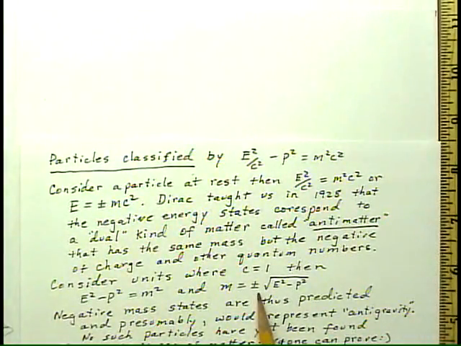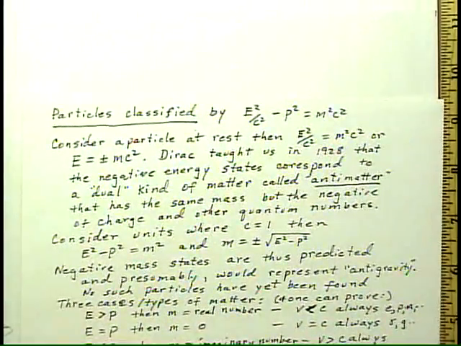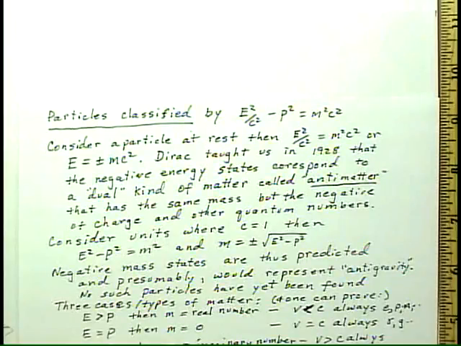Gosh, we get 2 square roots. Is it possible that there's something called negative mass? It's certainly allowed by the theory of relativity here. A negative mass is thus predicted and not contradicted, at least at this point. Presumably, it would represent, in a gravitational equation, a force in the opposite direction. And thus, if we had an object that had a negative mass, it would fall upward in a gravitational field